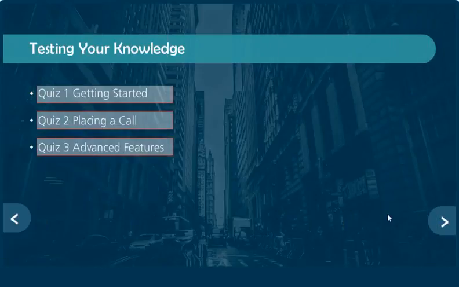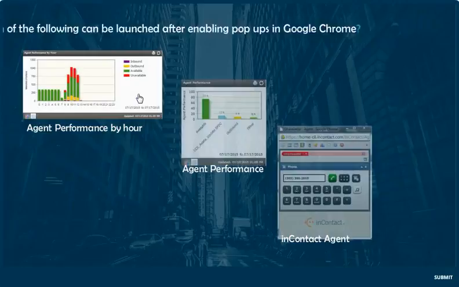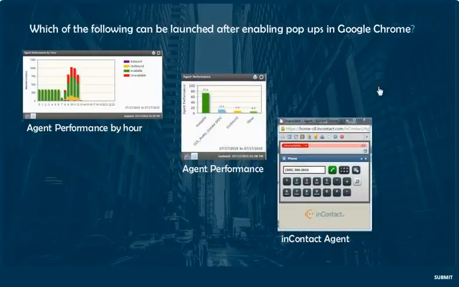And the conclusion section has 3 modules. This one is going to be a hotspot. It's going to be a hotspot quiz. Which of the following can be launched after enabling pop-ups in Google Chrome? Well, if the learner's paying attention, they know that this is the job agent that populates after they've enabled Chrome